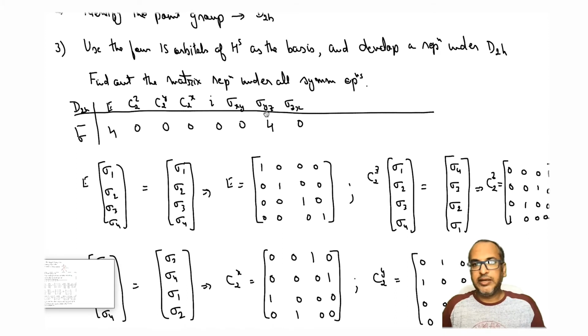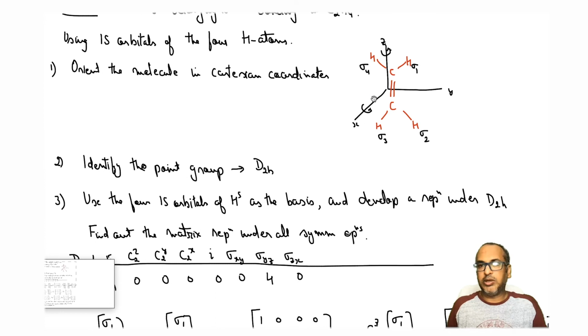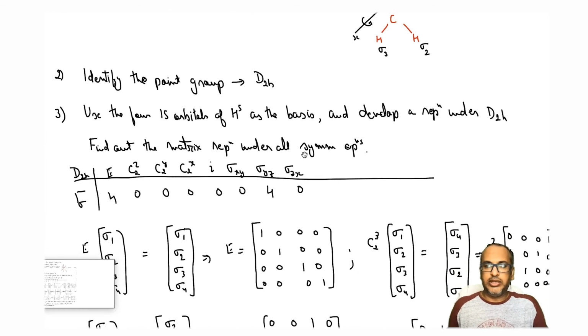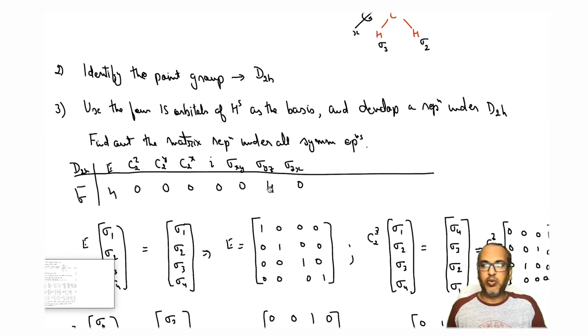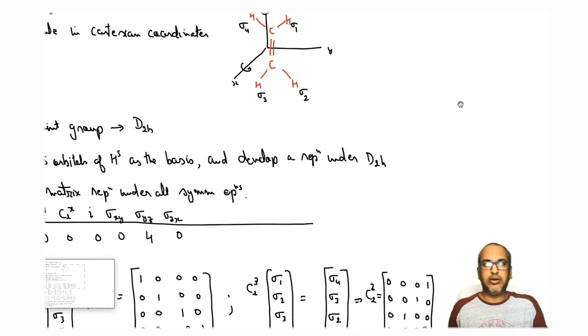Now sigma yz, if you carefully look, sigma yz is the plane which is the molecular plane here, right? So if we do sigma yz, sigma 1 stays where it was, sigma 4 stays where it was, sigma 3 and sigma 2 stay where they were, right? So none of these move. That means they contribute 1 towards the trace. So the character under sigma yz will be 4, and everything else will be 0 except E, right? So this is a much easier way. So now next is to calculate the